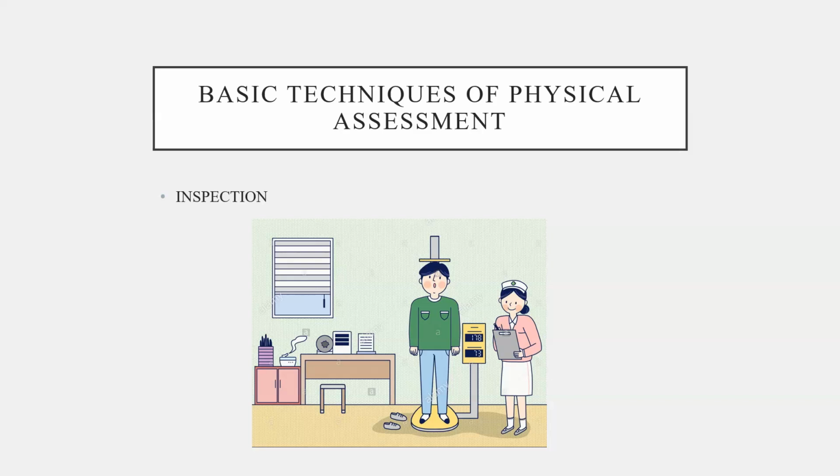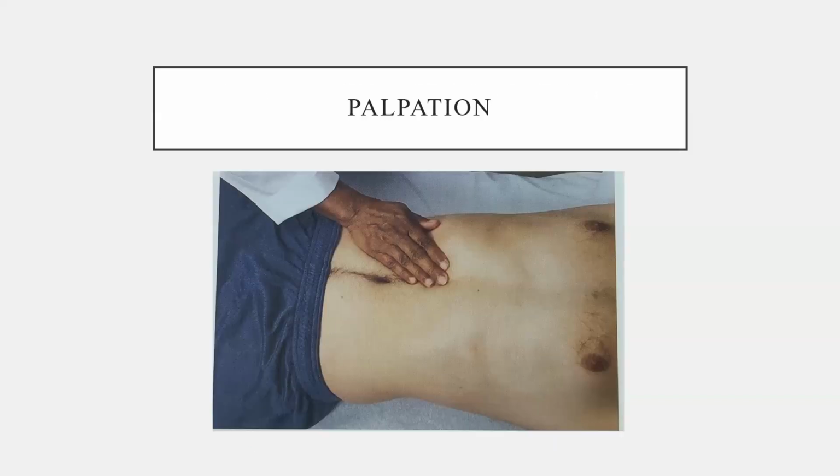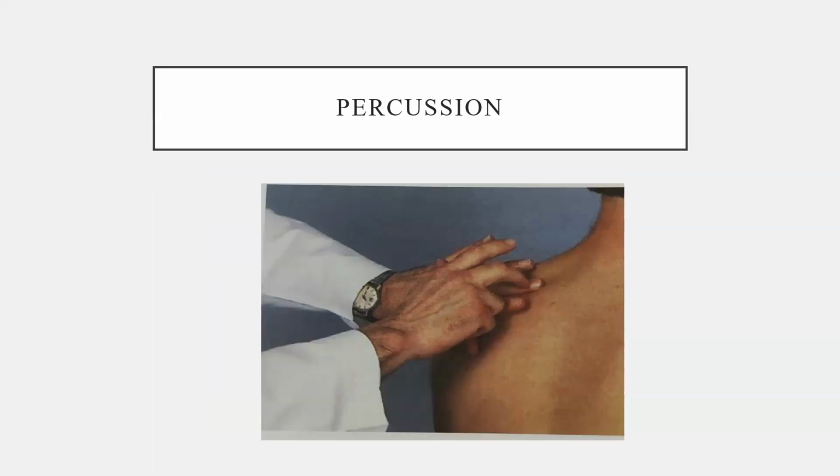The basic techniques of physical assessment are inspection, wherein we do the physical examination of a part or region of the body. Generally, visible characteristics of the body parts are observed. Next is palpation, which is done by the examination of the body through the use of touch. It could be a light palpation or deep palpation to check for masses, pulsations, organ enlargement, tenderness, pain, or swelling in the particular area.